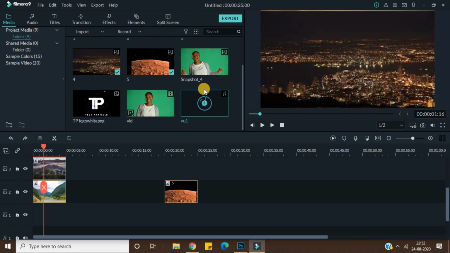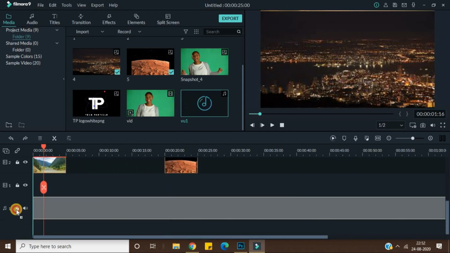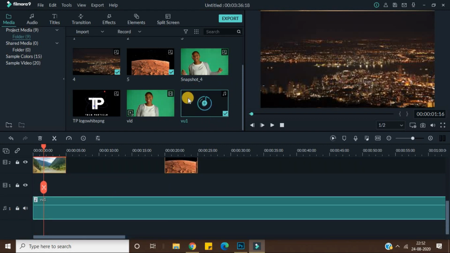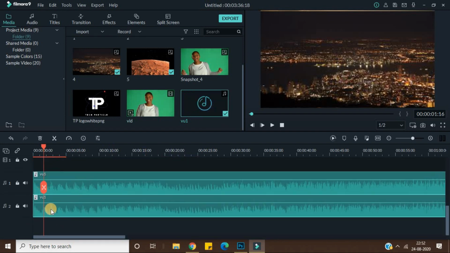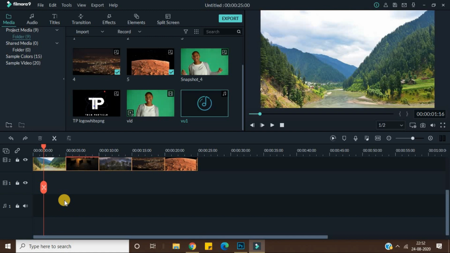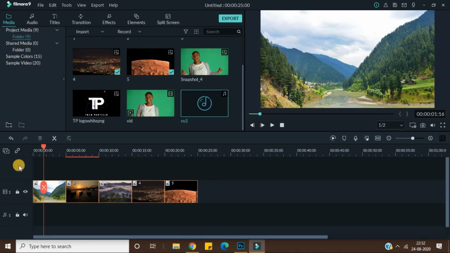Another thing, if you want to use some audio, just grab and put it here, right? And if you want to again use more than one audio, just grab and put them in the timeline. It will automatically create more tracks for you. So this is for that. And another option is that you can just click on this and add a video track or add an audio track or delete empty tracks. If I click delete empty tracks, all the empty tracks will be deleted. By default there will always be one video track and one audio track.